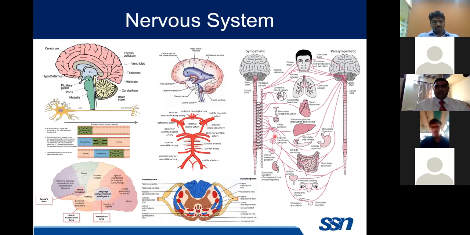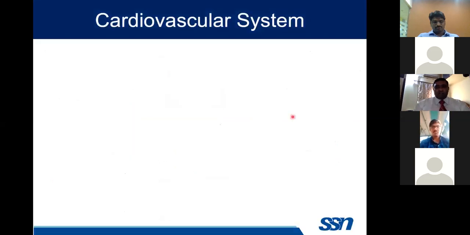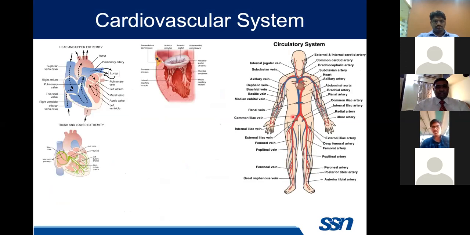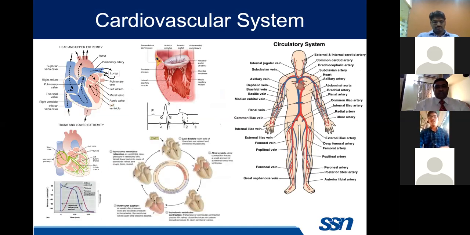Then this is the autonomic nervous system. Sympathetic and parasympathetic are its two parts, and they help in maintaining the body functions. Then the cardiovascular system: here about the heart, all the anatomical and physiological description of the heart, the cardiac cycle, how